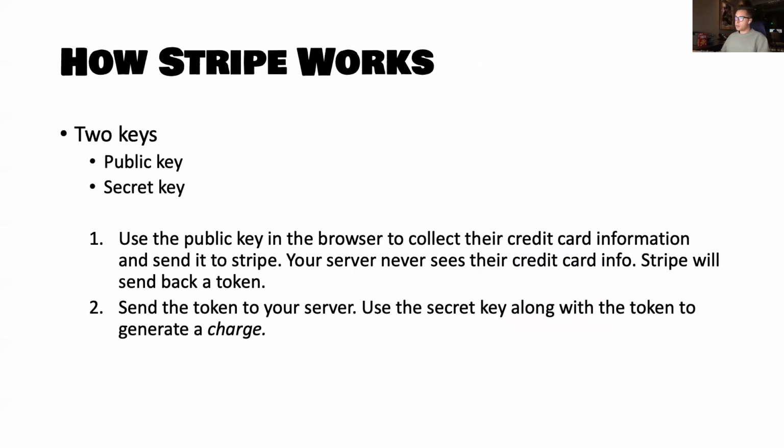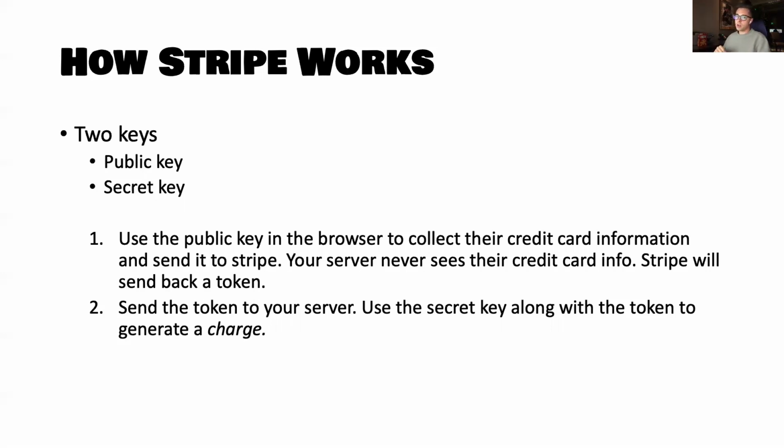So how Stripe works, we'll go through this in detail setting it up, but just so you have a high level overview, there are two keys for your Stripe account. There's a public key and a secret key. How it works is you put the public key in your browser, so in your app, and when they click pay with card, that little thing will pop up, and they'll put in their card number, and using that public key, Stripe will send their credit card information and your public key to Stripe's servers,